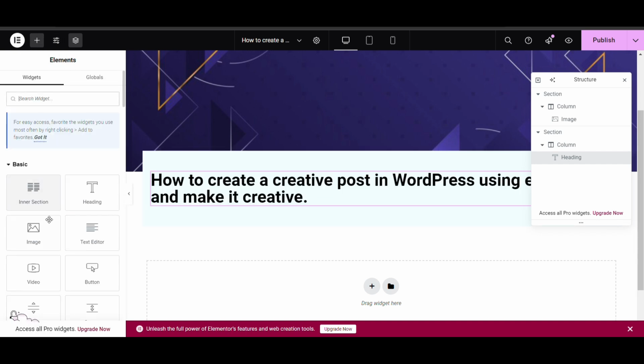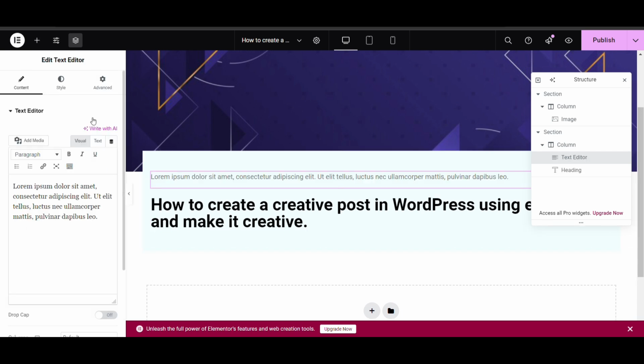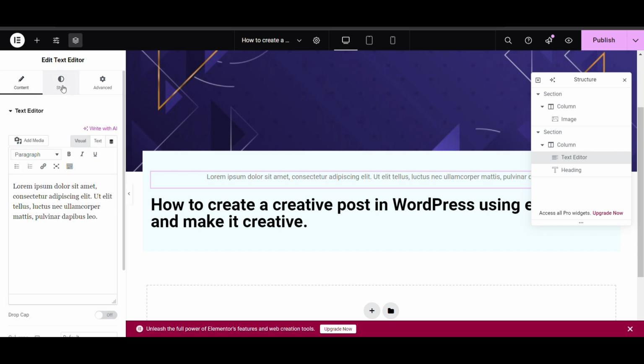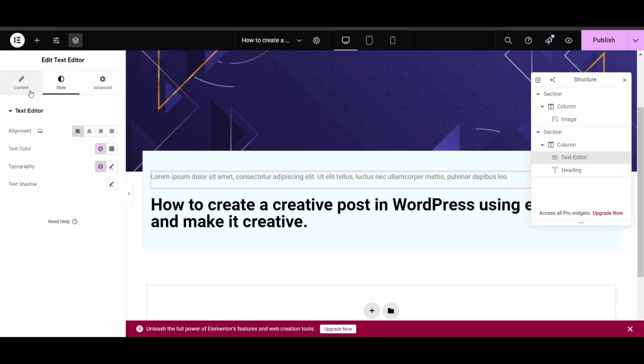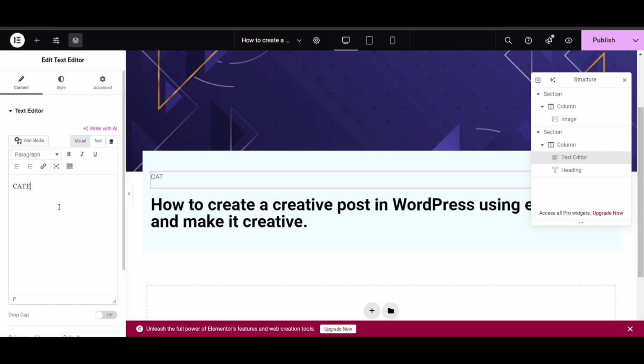Now suppose I want to add a category on top, so I will add a text editor on top. Here the text align will be left. Then I will add a category. This is my category. Okay.